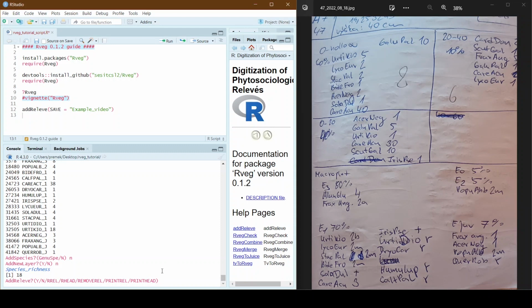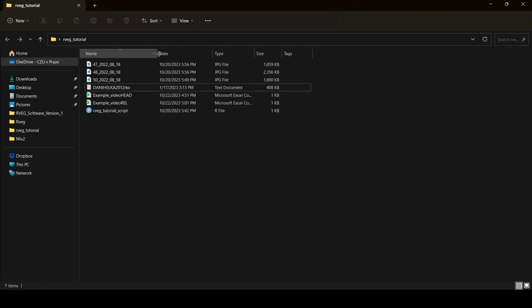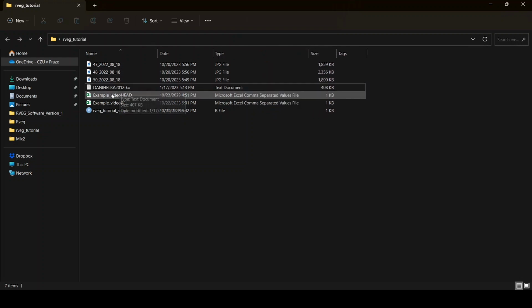And now we ended up in the main menu, where we can actually run other commands. Already, while we are doing it, the script created the files, so we can take a look. The database consists of two CSV files, one for the header, one for the releva.